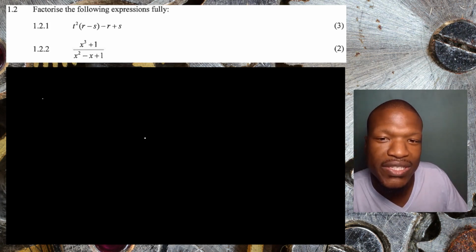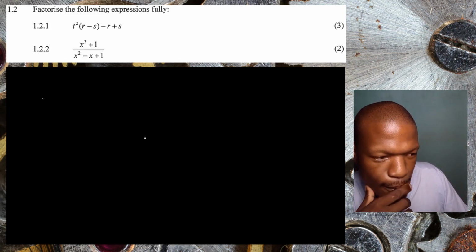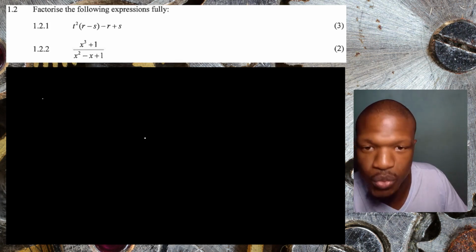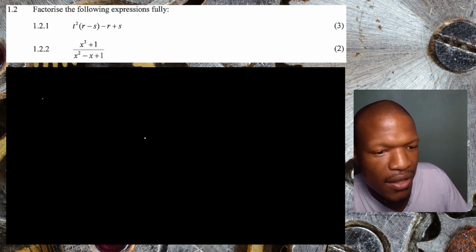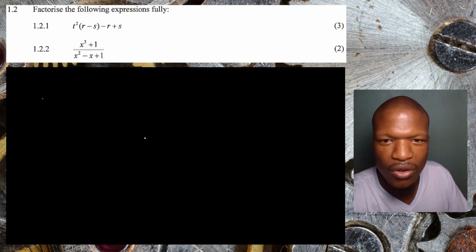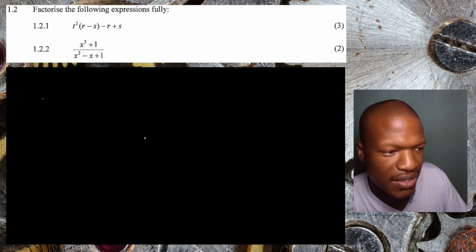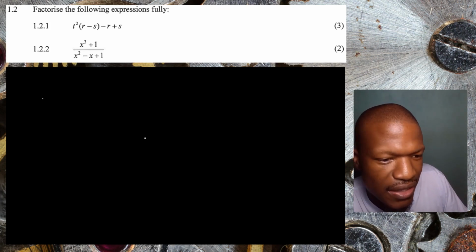We have two questions that are factorization questions, and you're going to need to factorize them the best way we know, right? There are many ways to factorize expressions, and you always need to choose the method that you are most comfortable with, especially when it has good marks in it. So let's get started. The first one says t squared